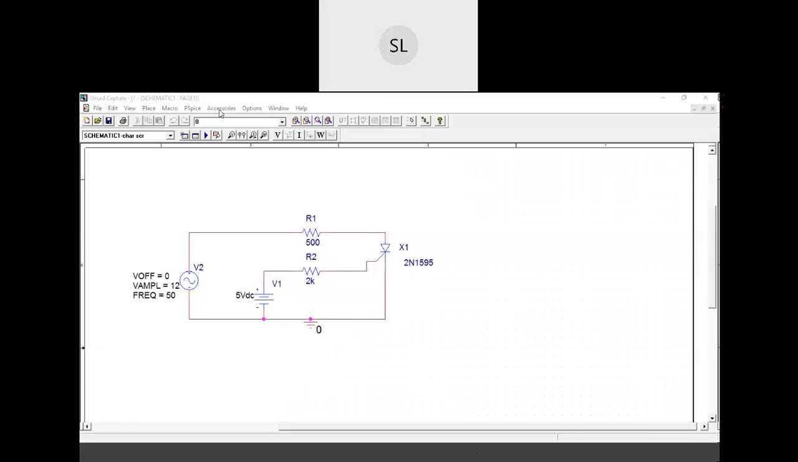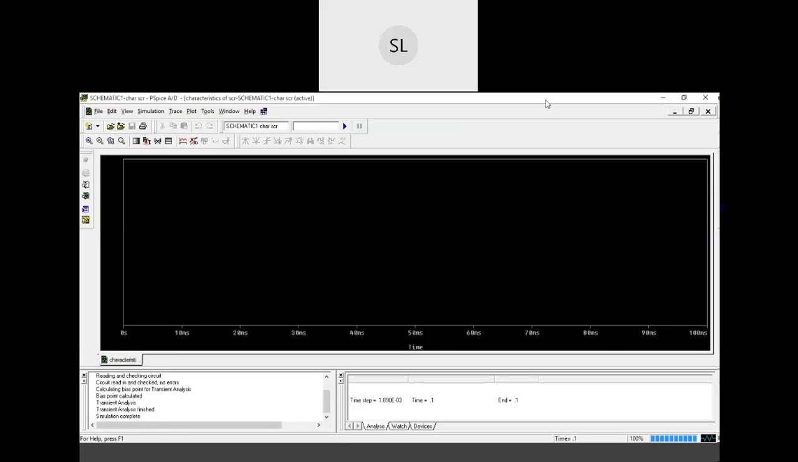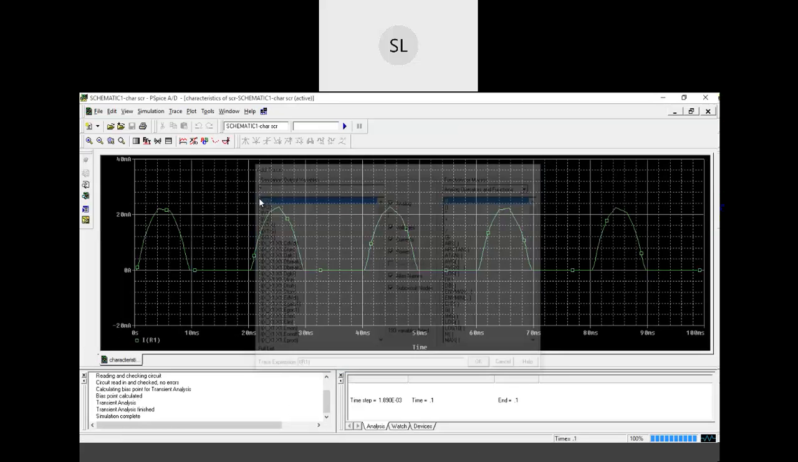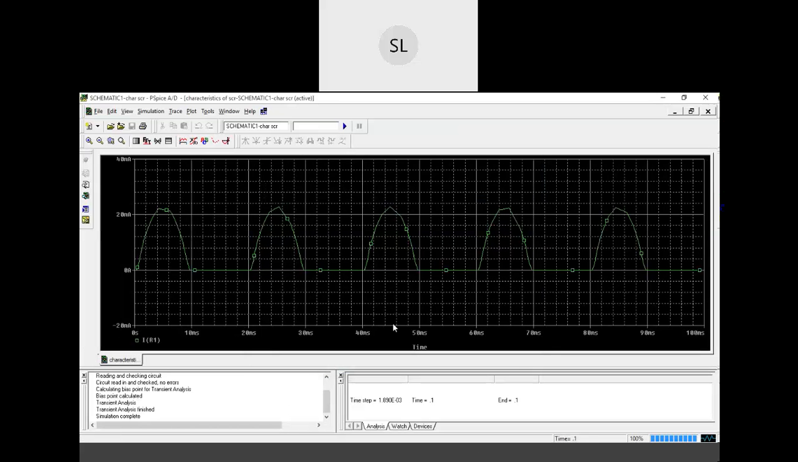Okay, so here this is the output window. Now here we need to add trace. Here we need to select this add trace. Say I of R1, that is the current flowing through the anode terminal. So this will give you the current flowing through the anode terminal. But what we want to see is the